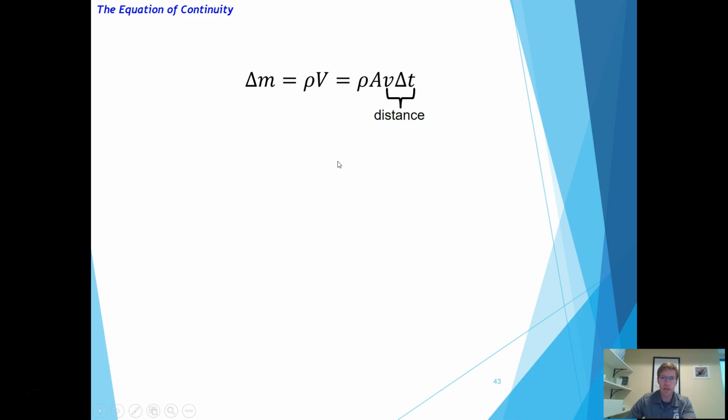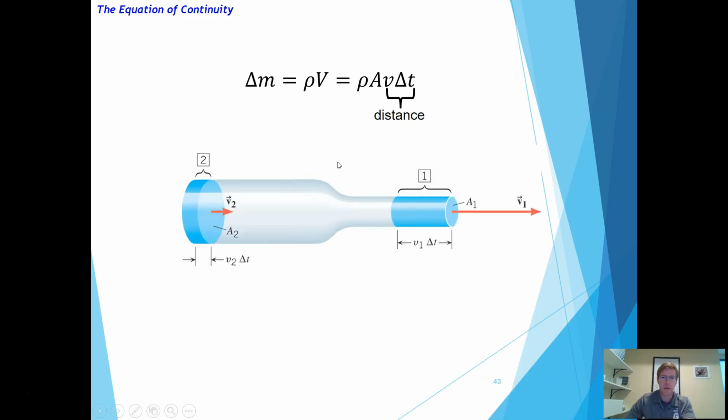All right, so the next thing I want to talk about is mass flow rate. If we think about fluid moving through a pipe, if you're looking at some point, let's say over here at point 1, you have some chunk of water that's going to move through it in a given period of time. How much water moves through it in a given period of time? Well, that's going to depend on the density of the fluid, the area of the pipe there, and how fast